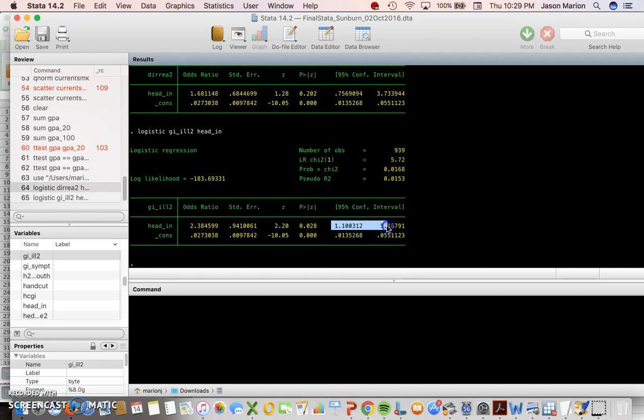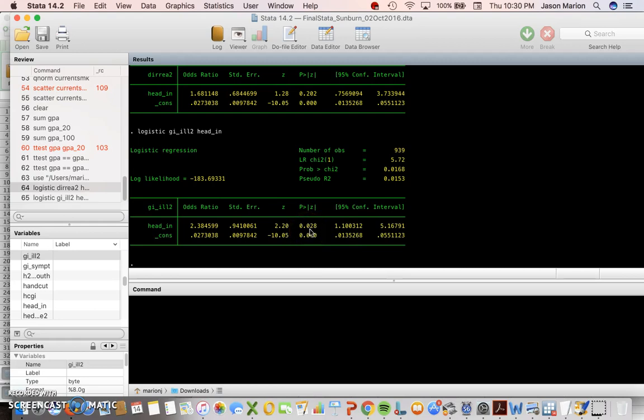The whole range of our estimate of 2.38, we are 95% sure, so our estimate falls in here, but we're 95% sure that the true odds falls between 1.1 and 5.16 for the huge population that's unknown to us. It could be 100,000 people. The true odds is between here and here. Since the whole thing is harmful in our estimate, it's statistically significant since the number 1 is not included. We have a p-value of 0.028.